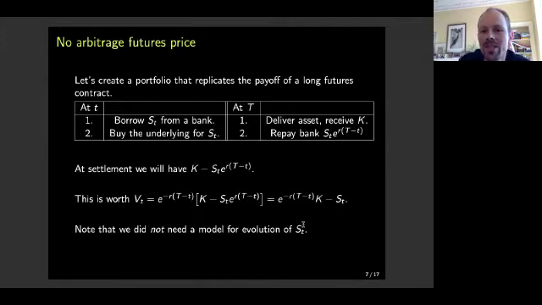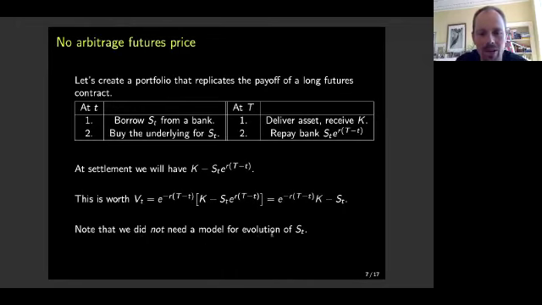So the one interesting thing here is, from a modeling or mathematical point of view, we made some assumptions. We made assumption of no arbitrage. We made assumption that we can borrow and lend money at the same interest rate. We even made an assumption about what interest rates look like, right? We said that they are continuously compounded with constant interest rate.